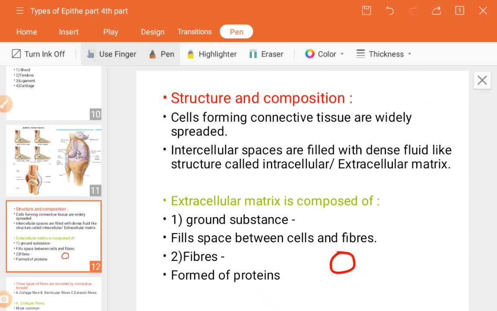So suppose you have cells, okay, you have such cells. See, intra means inside, it is just filled with that matrix, okay. As I'm showing, it will be for all cells, okay. I will show for one or two. Completely it will be filled, okay. That is actually the intra. Now what is the extracellular? If there is a space in between two cells, is it? So that is actually the extracellular matrix which connects the two cells. This is extracellular.